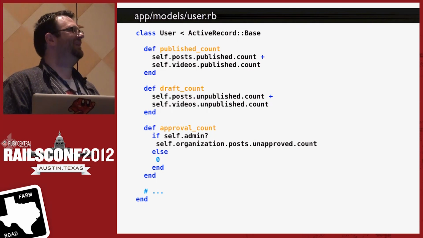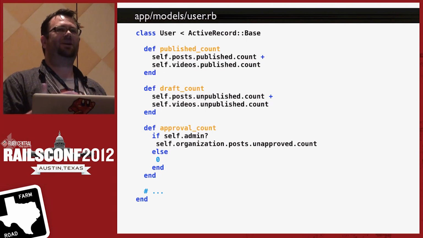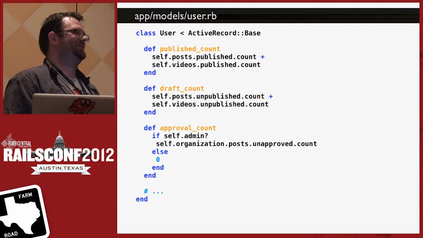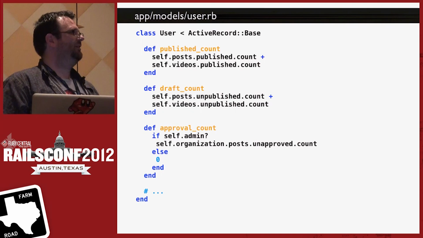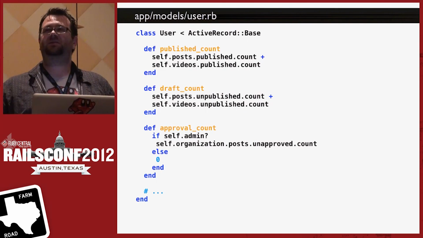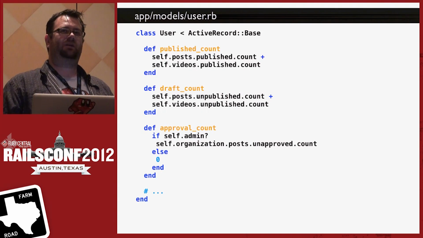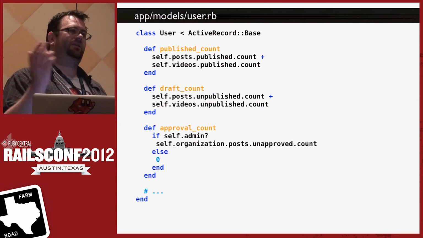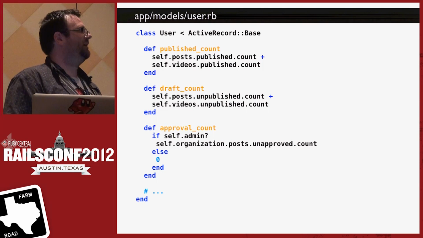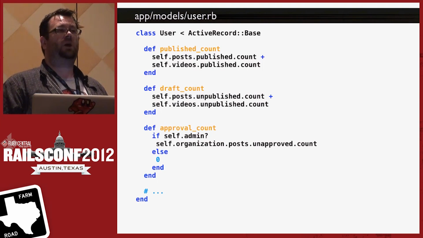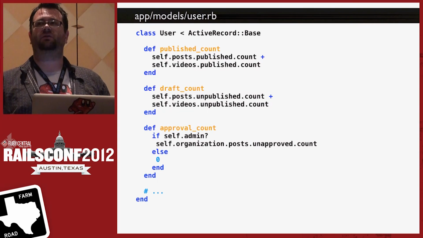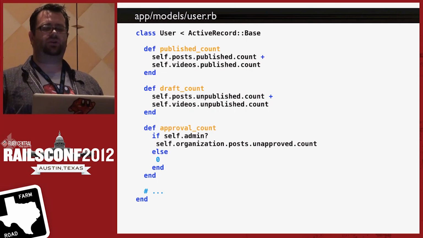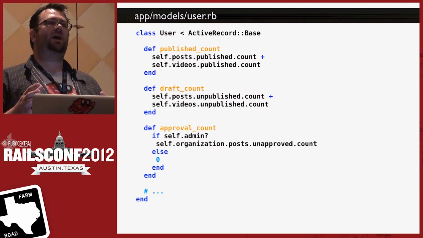But what needs this, really? Does anybody in your domain really need to know the published count of posts and the unapproved count or draft count of posts? I mean, is there any reason for your domain to have this complexity in it? I don't know. My user model does an awful lot, and this just seems like a straw that would break the camel's back. For example, your domain models are used in a variety of places. Let's say that you've done a really good job and you've extracted all of your domain models into an engine,